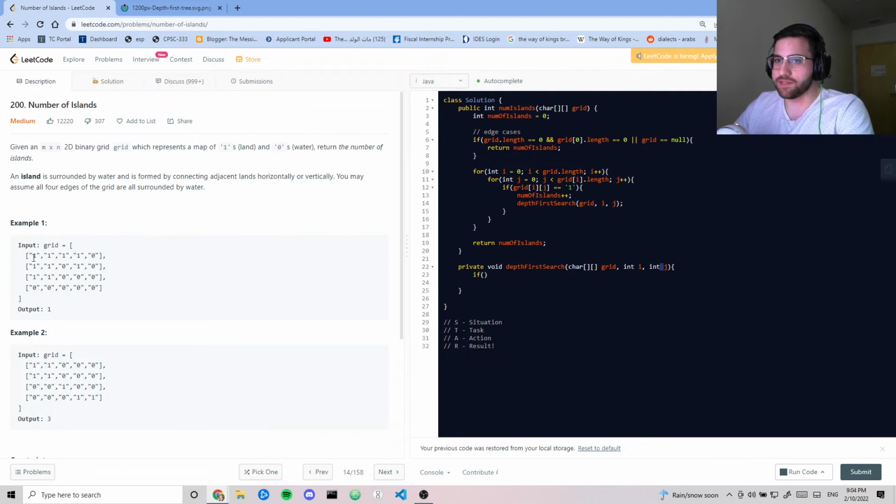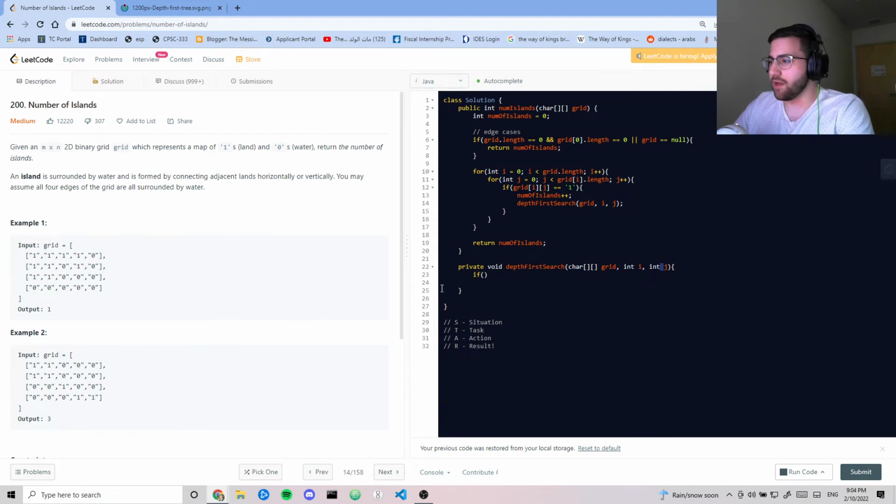Because, for instance, here we're going to have a generalized logic for all of these, but for the ones that are on the boundaries, they don't necessarily have an up direction because they are at the boundary itself, or a left direction. We just want to make sure that when the call is made to go up or go to the left, that it doesn't actually go there. That'll just give us an error in that case. We just want to make sure that we're within the bounds of the matrix itself when we're making these calls